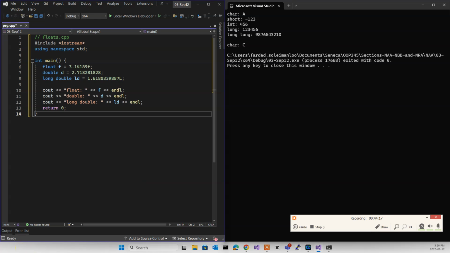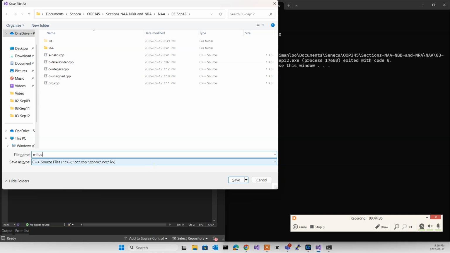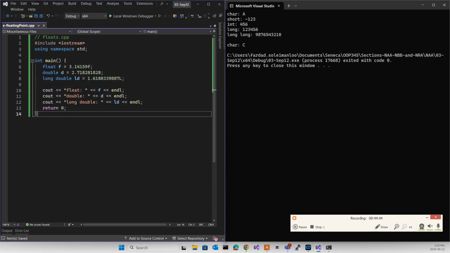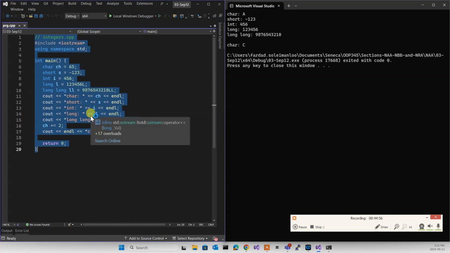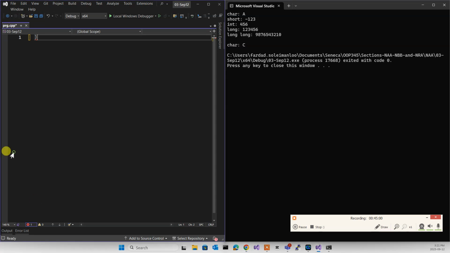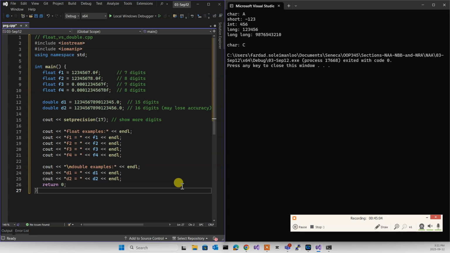So how does the precision work for floating points? When you have floating point values, they say floats can be precise only for 7 significant digits.